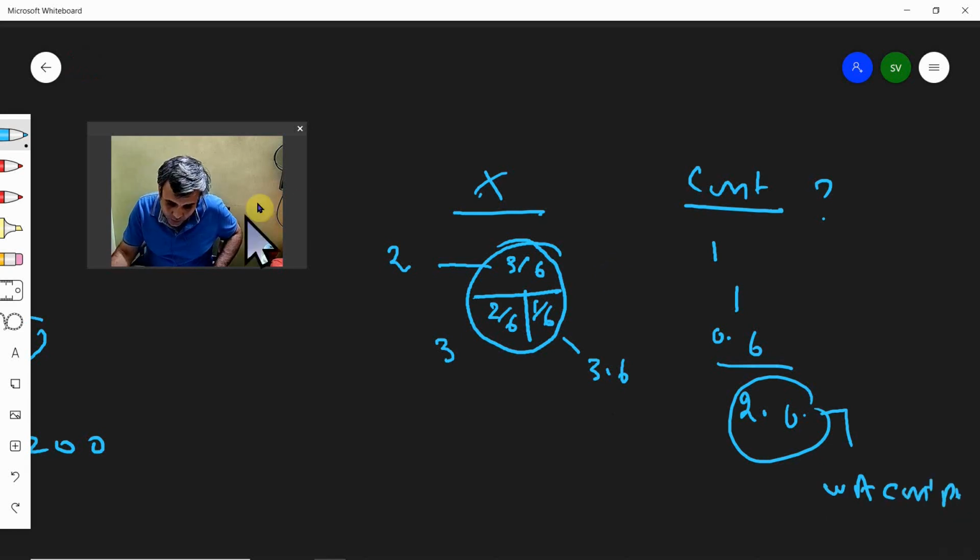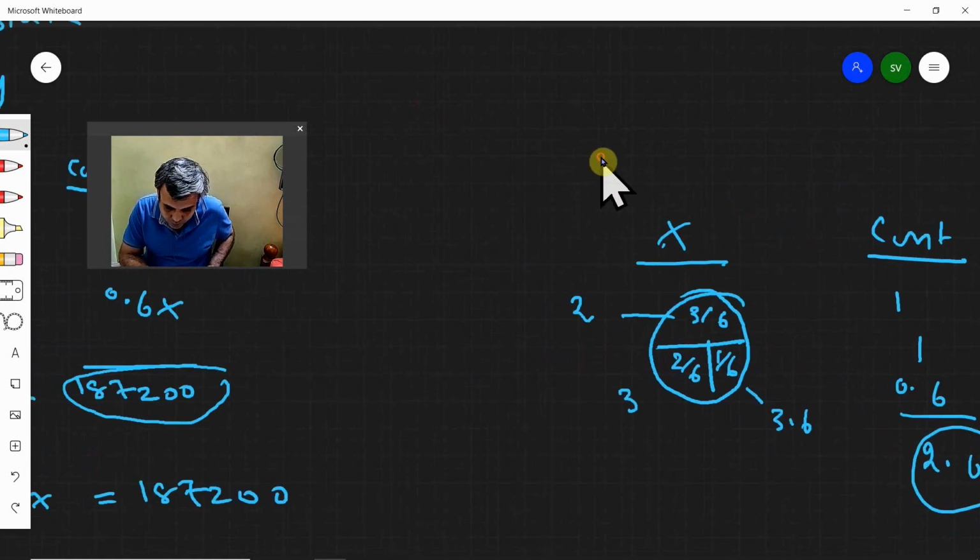contribution per unit, right? If you visualize all the 3 products put together as a package, that package is X. Imagine one pencil, one pen, one eraser, all put together, and in the package you will have 3 pencils, 2 pens, 1 eraser, something like that. The package is going to earn you a contribution of how much? 2.6. That's what we have understood.